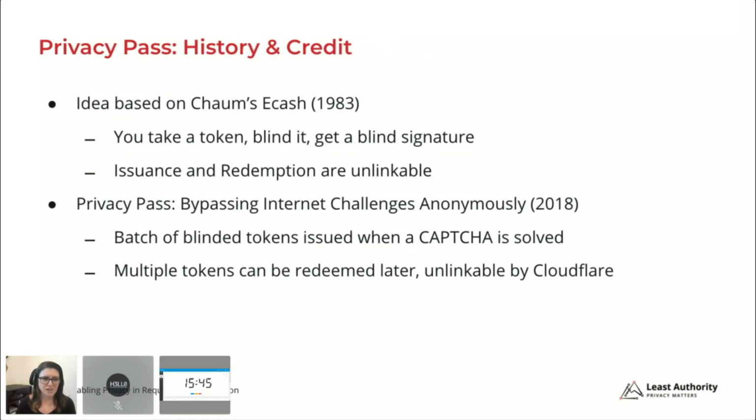So Privacy Pass, I want to give credit to other people. The idea was originally based on Chaum's eCash, which comes from 1983, quite a while ago. We all stand on the shoulders of the people who came previously. And the concept there was you take a token, blind it, get a blind signature, and the issuance and